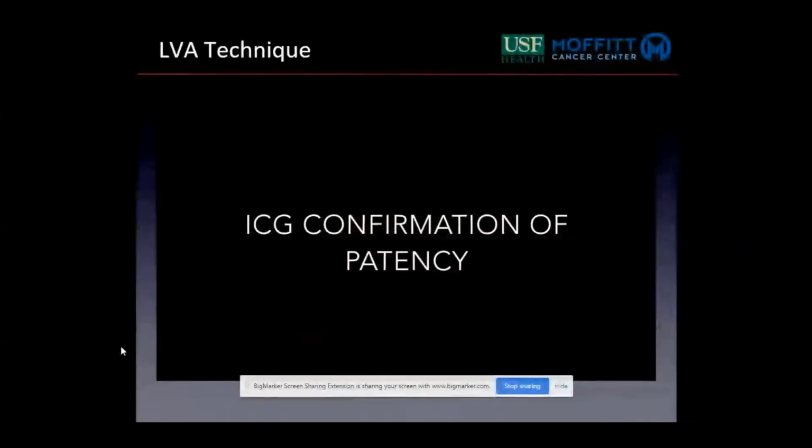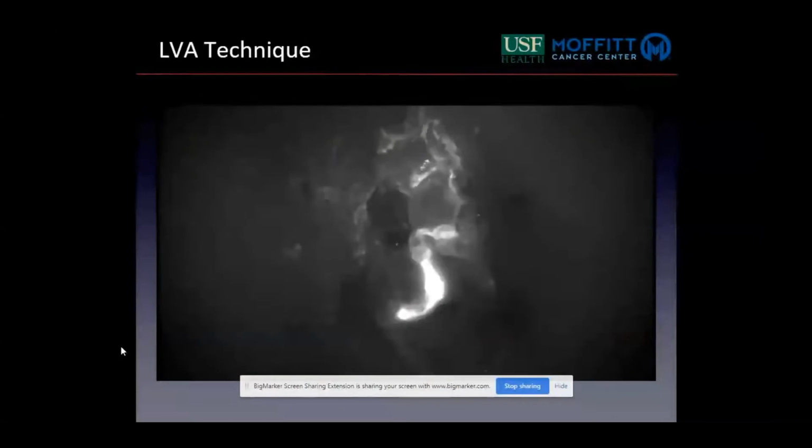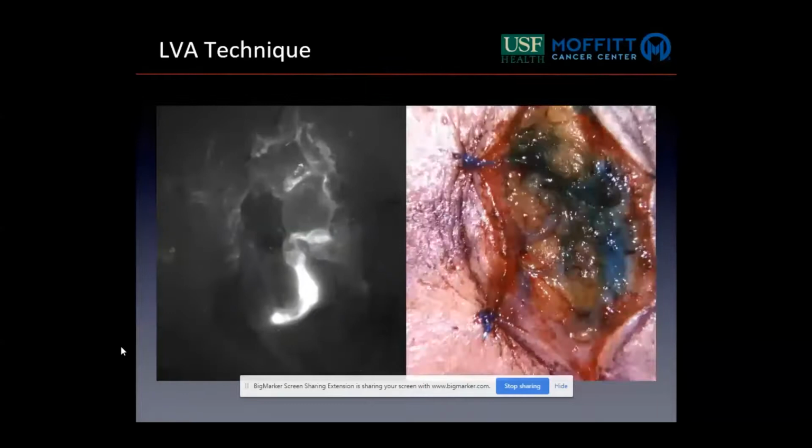So an important last step after you've done this, obviously, as with any vascular anastomosis, you want to confirm the patency of what you've put together. And that's no different when things are very small as well. So before we close,